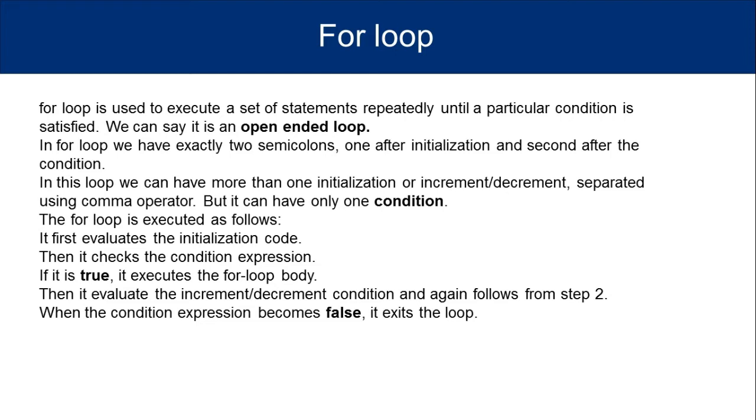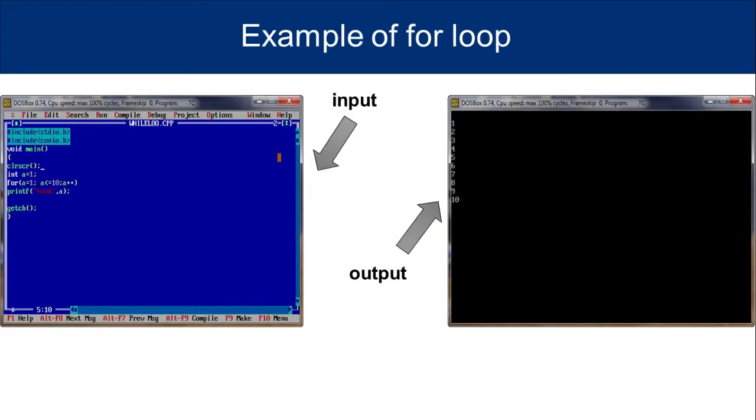The for loop is executed as follows. It first evaluates the initialization code, then it checks the condition expression. If it is true, it executes the for loop body. Then it evaluates the increment or decrement condition and again follows from step 2. When the condition expression becomes false, it exits the loop. Example of for loop: